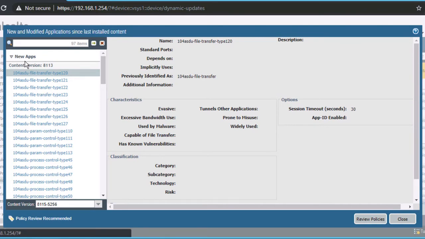We'll click the application 104 ASDU File Transfer Type 120. Notice that this application was previously identified as 104 ASDU File Transfer. Your security policy would have to be updated to allow the application using this new and more granular application name. The Depends On field